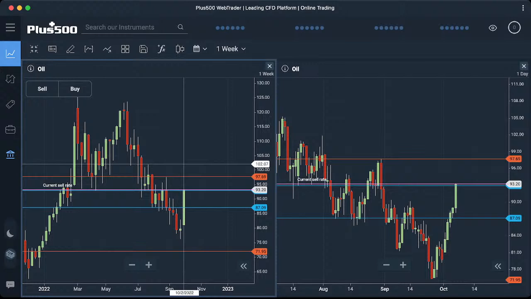So $102, remember, can be our very optimistic target for the week. But our first target is going to be at the 97.70 level. But you have to wait for the price action to form and give you the right setup on